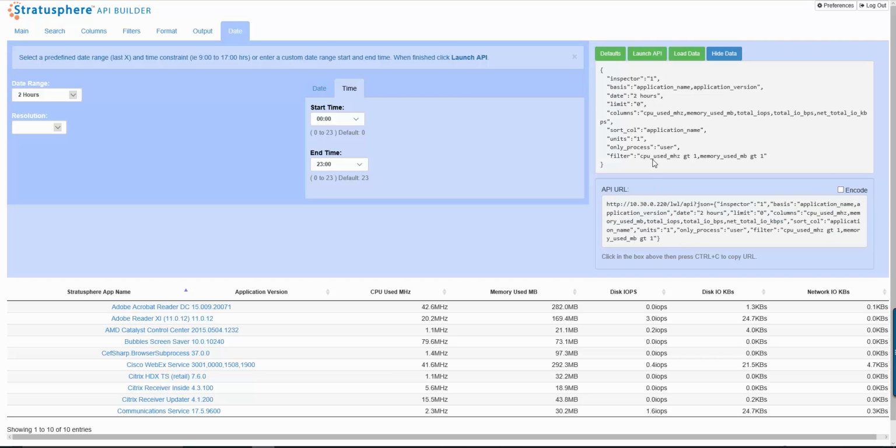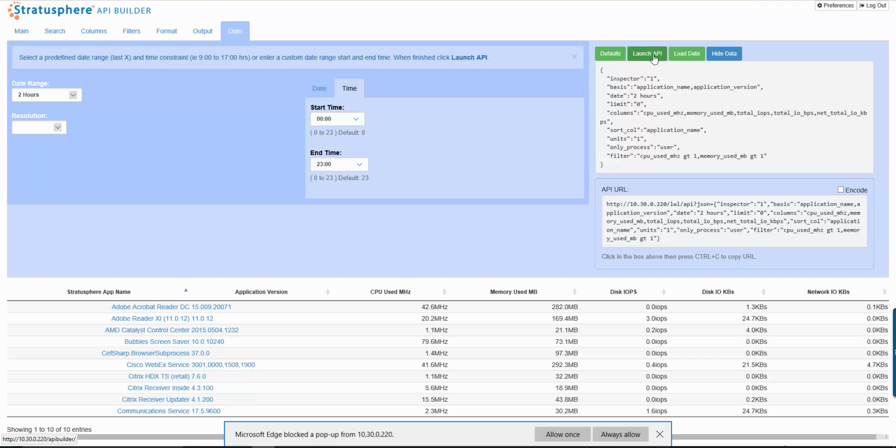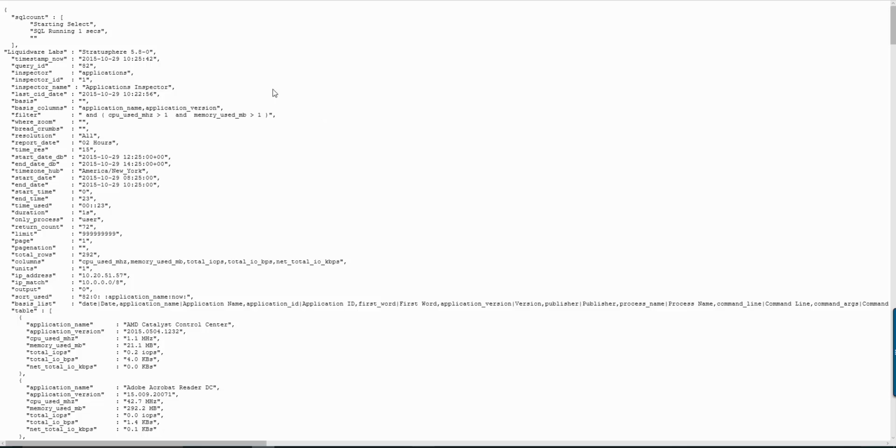You can actually click it to select it and right-click it, paste it in your URL, or you can click Launch API, and we'll go ahead and proceed to launch that right now into a browser and retrieve that data for you. So let's just hit Allow once here on the browser options, and the data shows back in a JSON format with your metadata showing first, a little bit of information about the query that you're running. You can go ahead and see some of the bases that you've selected, any filters you might have applied,